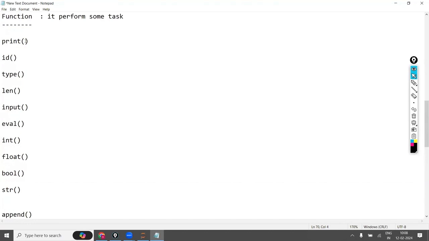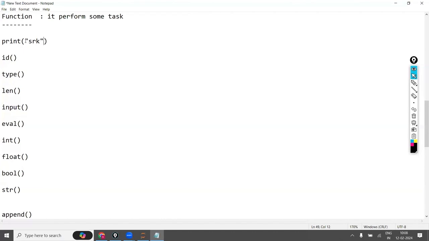Whereas, for example, if you ask print of 1, it is going to print. If you ask print of 1.5, it will print. If you ask print true, it will print. If you ask print of SRK, it will print.